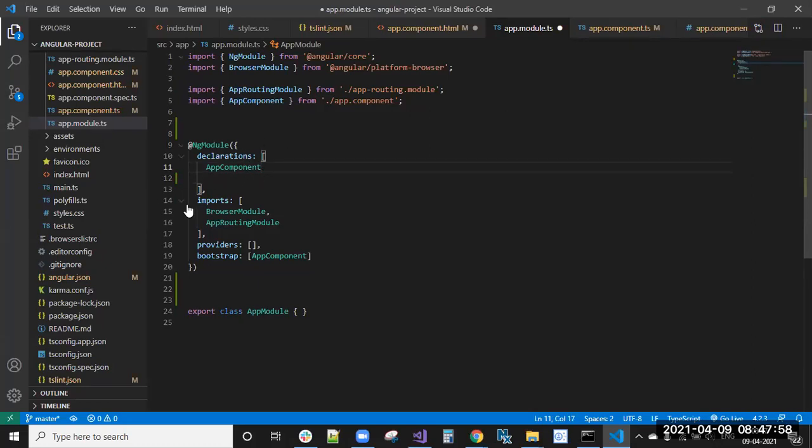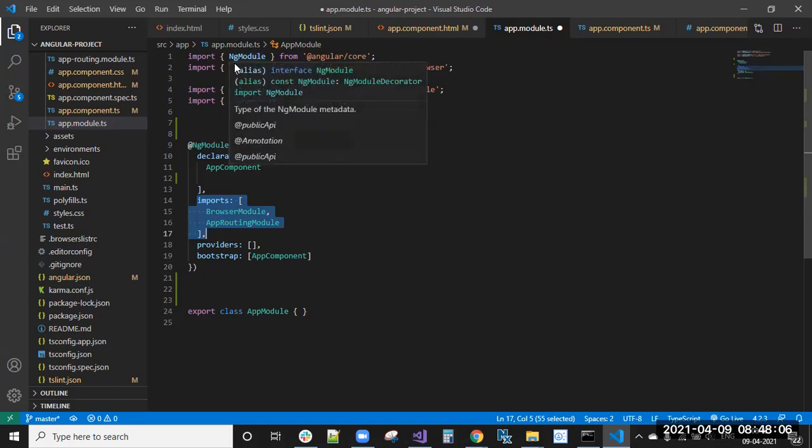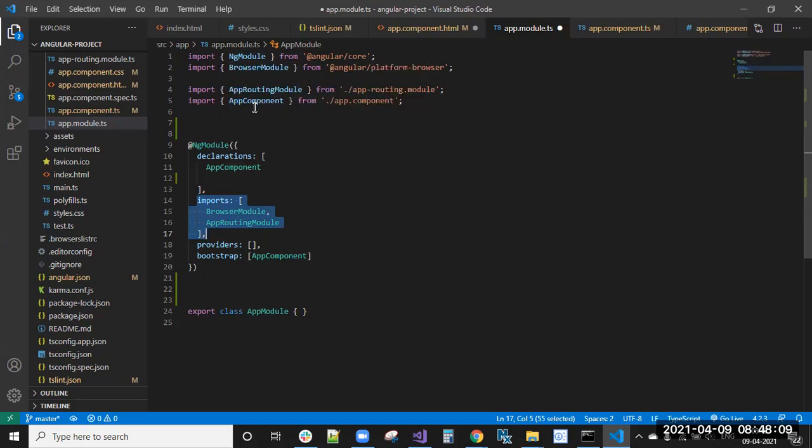Next, imports. Imports is mostly modules; we can import modules here, like the BrowserModule and the AppRoutingModule, into this application. Providers is mostly used for services.